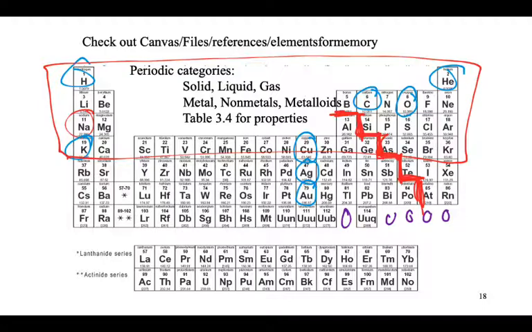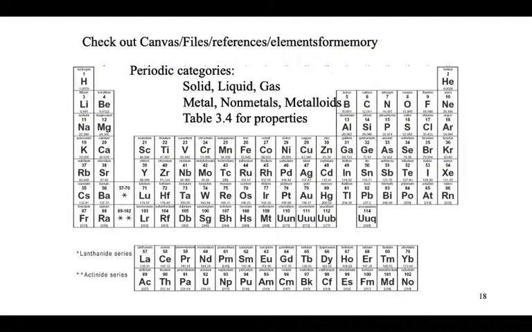Solids, liquids, gases. Where does it say solid, liquid, and gas on that periodic table? For those of you looking for the words solid, liquid, and gas, it is not present. But what I am frantically trying to do is color code some stuff. When we look at the periodic table that is actually underneath the PowerPoint, you will see, I believe, this color coding. What does it mean? Noble gases are part of this. We actually don't need to know that content yet. We will by the end of Unit 1.